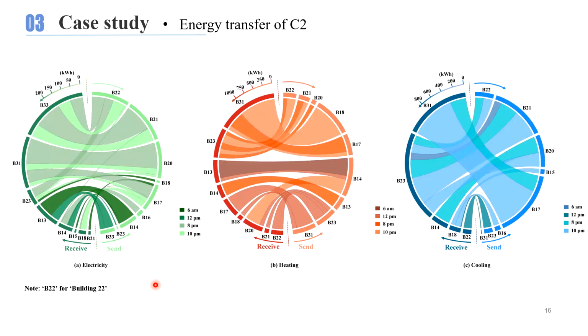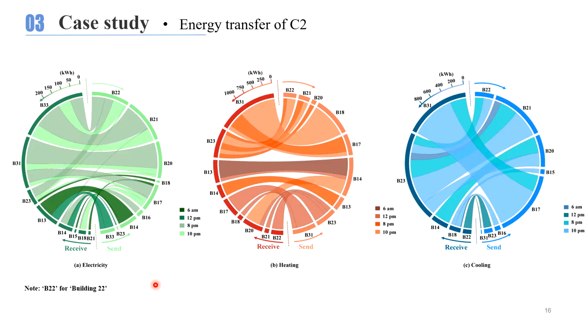And through energy transfer, the CHP in office buildings can operate at high load conditions. The larger capacity of CHP in the hotels and shopping malls can be avoided. So it is observed that electricity is transferred from offices to the shopping malls like building 14, building 18, or hotels like building 33, 31, and 22.